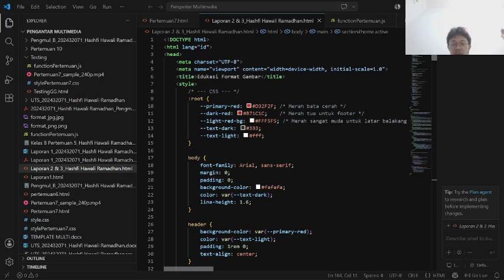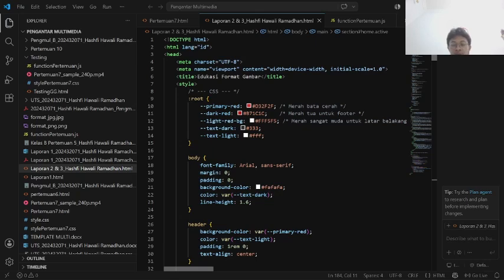I set primary red to a bright crimson tone, D32F2F, used for primary buttons, borders, and active links. I define dark red as B71C1C for the footer and hover states, and light red background as a very soft FFF5F5 to give our content cards a warm thematic background.